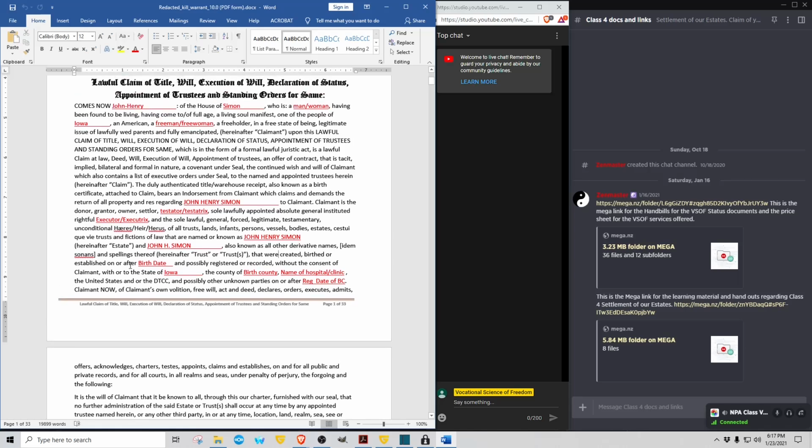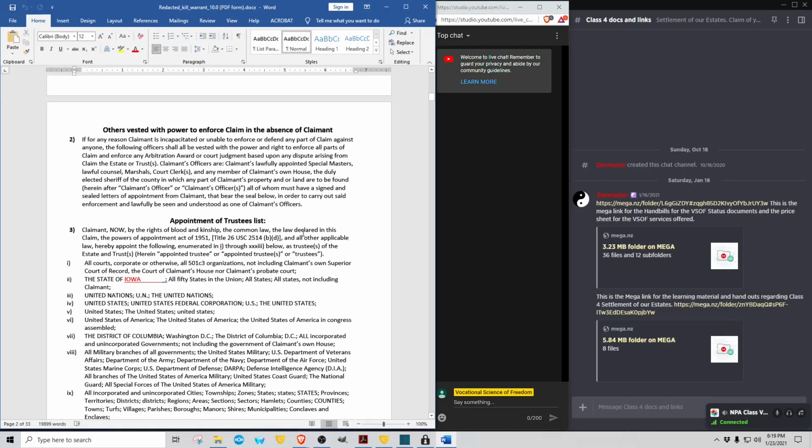It also establishes the vast majority of everything that you are in every other single Vocational Science of Freedom document, to make sure that we're uniform in everything that we say all the way through the entire doc set. I wanted to make sure that people understood how thorough these documents are. That is just the opening paragraph. There are 33 pages of this document, and every single word in here is necessary.